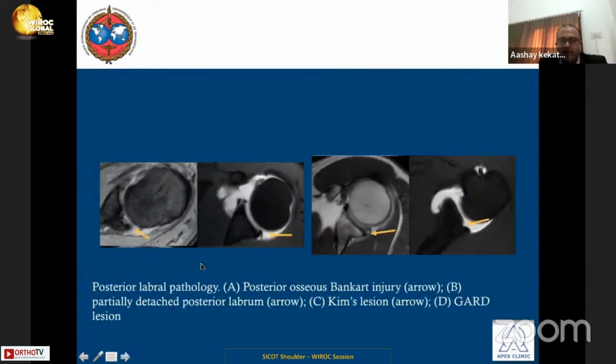At the same time, it gives you an idea about the posterior labral pathology, the posterior bony osseous lesions, and the Kim's lesion. It is a concealed lesion of the posterior labral complex. If we miss the Kim's lesion and only operate on the anterior Bankart, there are 85% chances of recurrent instability. With this, I would like to say that